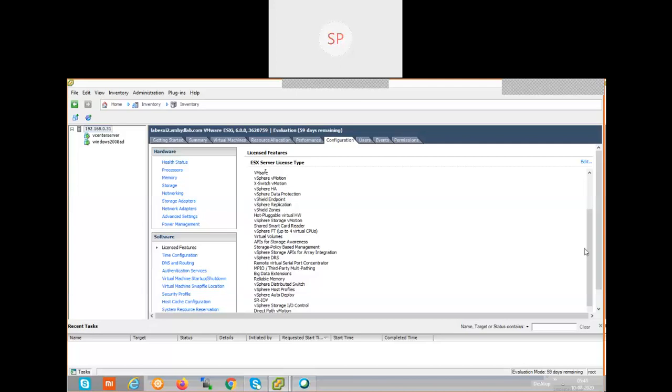So how to load vCenter server? What is the importance of vCenter server? The centralized management console. Okay, that's the reason we are going to see how to load vCenter server, what is the necessity, what additional features it is going to provide, and what the different options are. If you connect to a single individual ESXi host, what options are we going to get? If we access the same ESXi host through vCenter server, that is the centralized management console, what options are we going to get? We are going to see that.